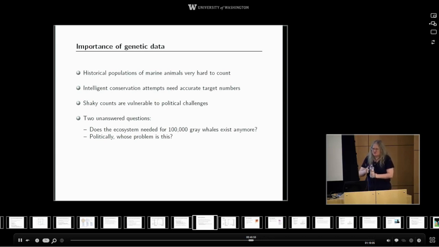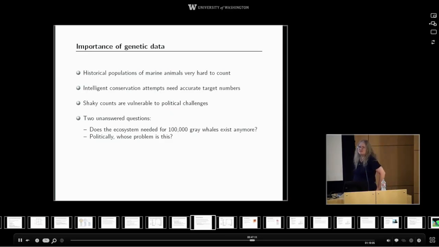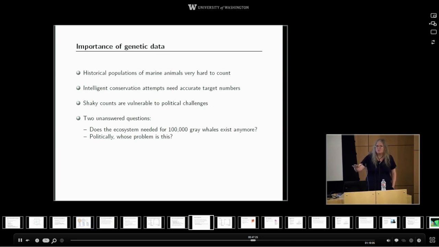So there's 2 unanswered questions about these whales. The troubling one to me is, can we actually reach that number? There was an ecosystem pre-whaling that apparently could support about 100,000 gray whales in the Pacific. Does that ecosystem exist? One sad possibility for why the restoration efforts seem to be plateauing is that that ecosystem simply isn't available anymore, and that we're going to have to start doing a repair work from the ground up, or from the sea bottom up perhaps, in order to have a chance of ever getting back there.